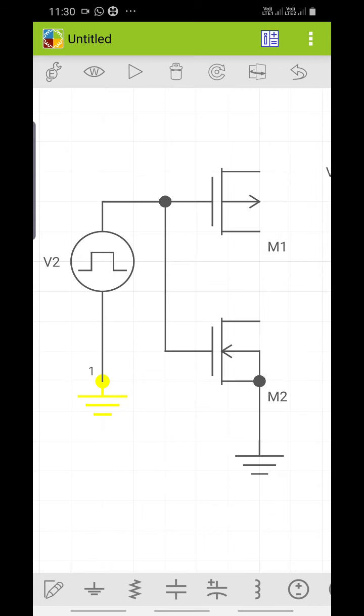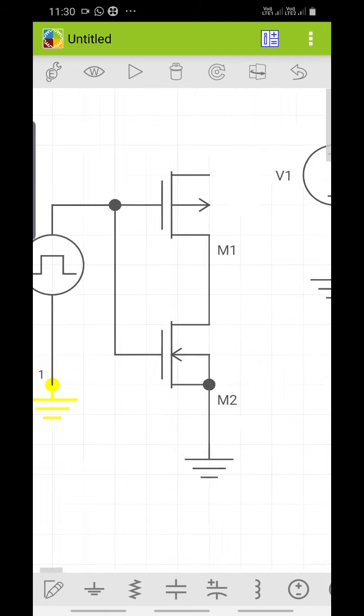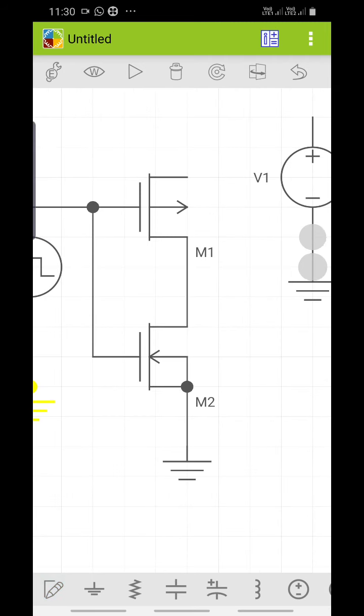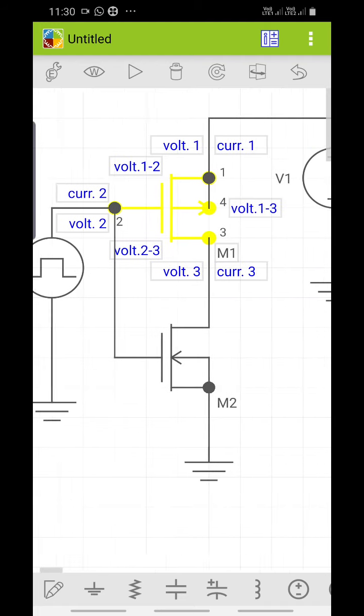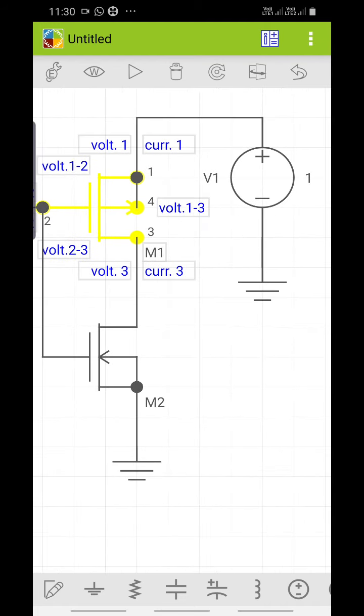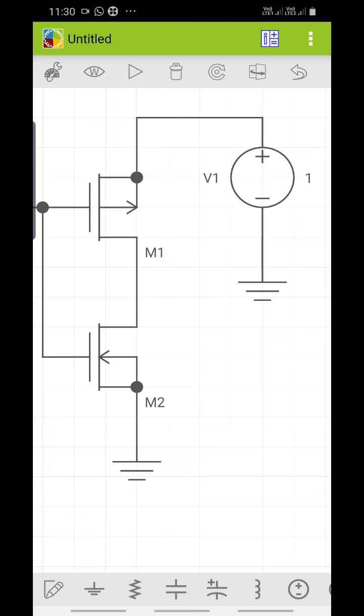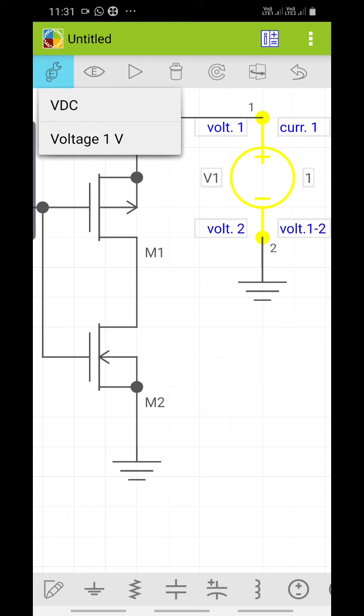Just select the pen, it will be blue color. Then make the connections. Just touch both the ends where you want them to be interconnected. So you'll have the schematic finished. Then the voltage by default is 1 volt. So I want to give 5 volts.